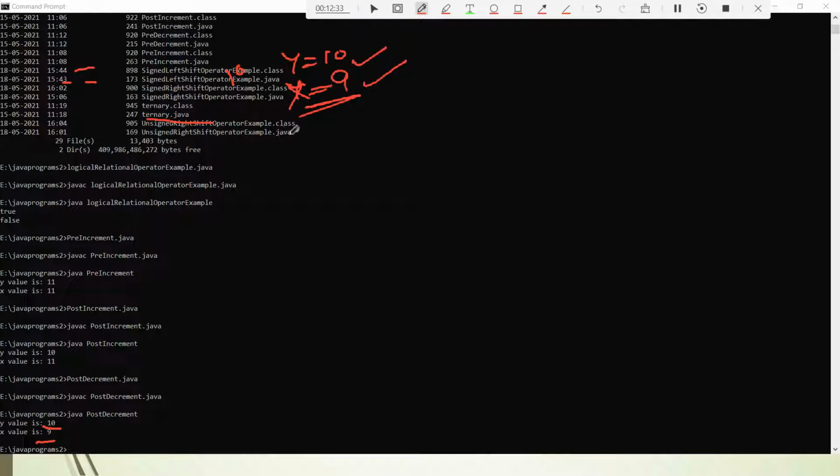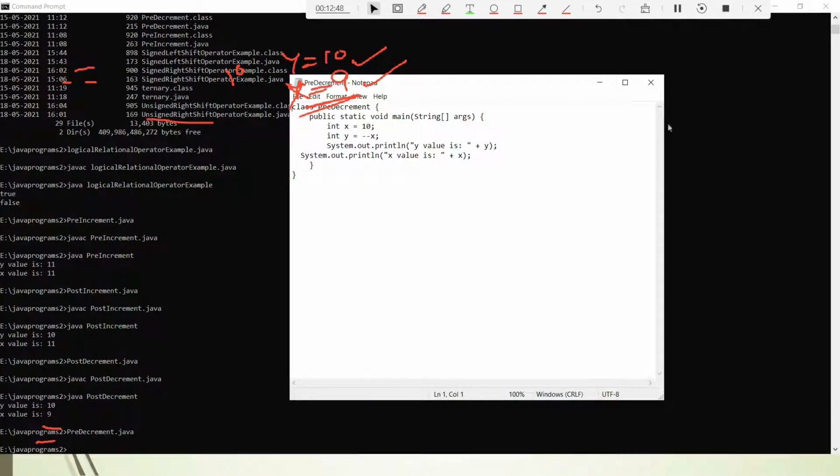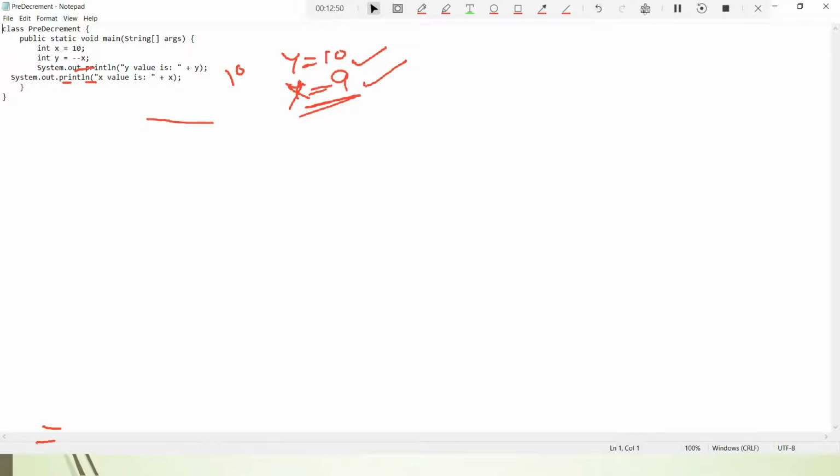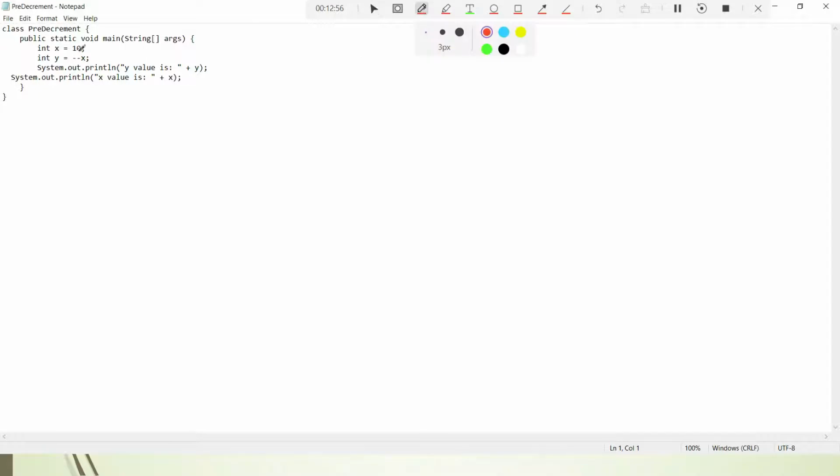Now let us see the last case, that is pre decrement. Let me open that program for you first, PreDecrement.java. This program is already opened. Let us analyze it first. Here x is 10 and we have minus minus x, so it's decrementing.